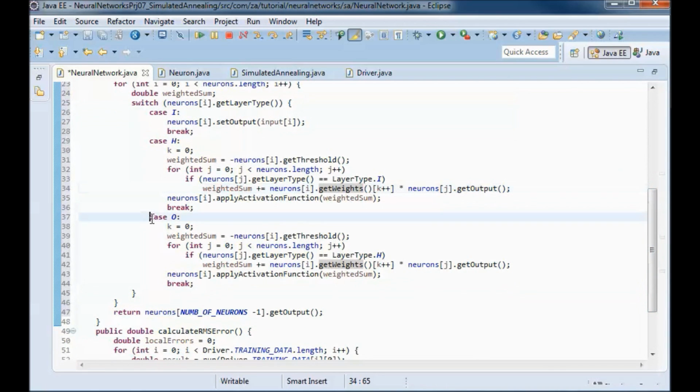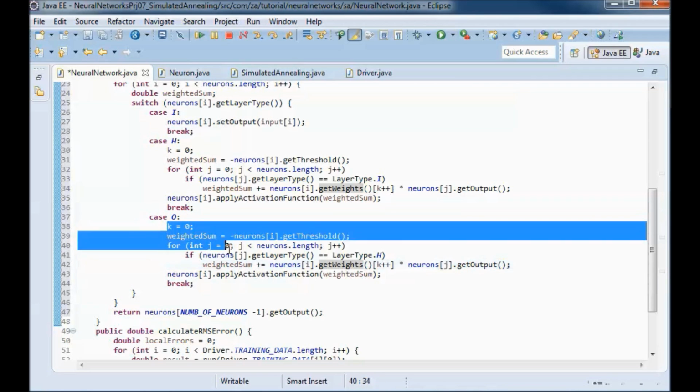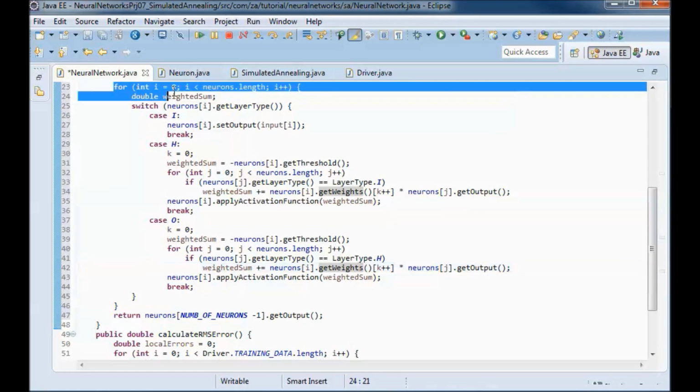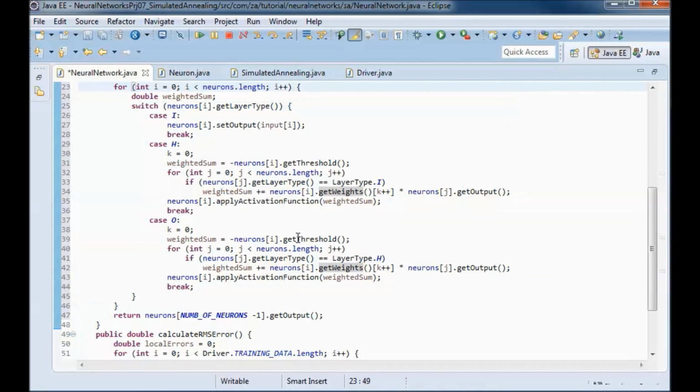And in case we have an output neuron, we do the same thing, except here we are checking if we have a hidden neuron. We go through all the neurons, and we check if it is a hidden neuron. Then we pick the output of that hidden neuron, and we multiply it by the weights of this neuron that we're looping through.